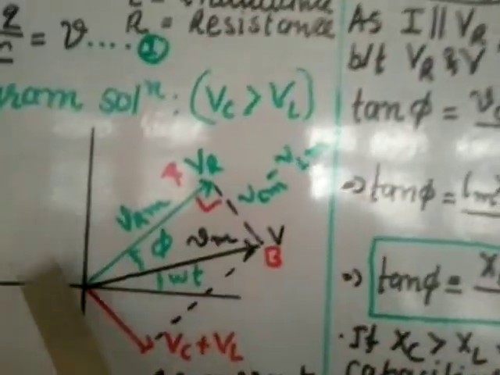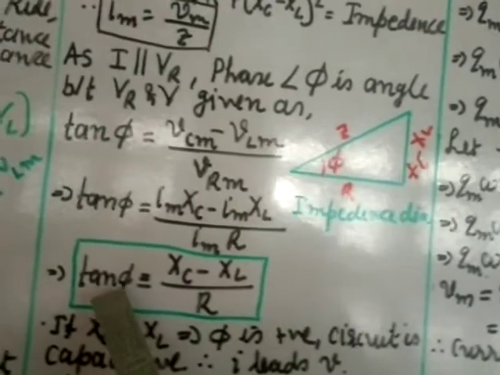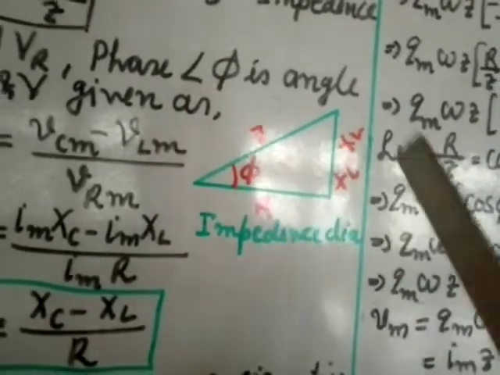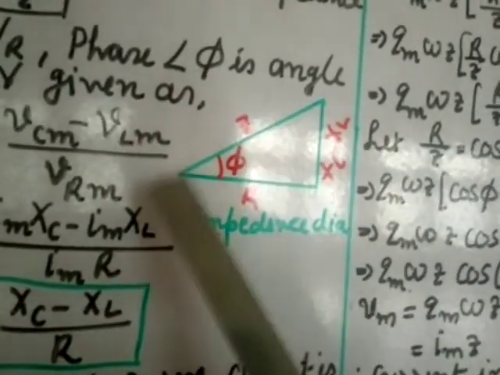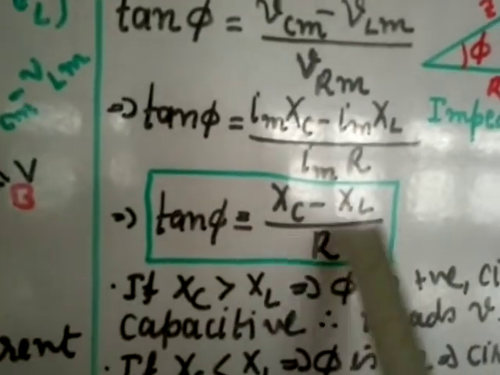Now this diagram AOB I'll redraw, and that is called the impedance diagram. Suppose I take phi here, then tan phi is equal to opposite by adjacent. So phi is here, the opposite is this side, XE minus XL, and the adjacent is this side, R, and this will give you the impedance. If you apply Pythagoras in this triangle, taking this as 90 degrees, the Z value will be similar to this value. So this diagram is called the impedance diagram or impedance triangle. So tan phi is XE minus XL by capital R.